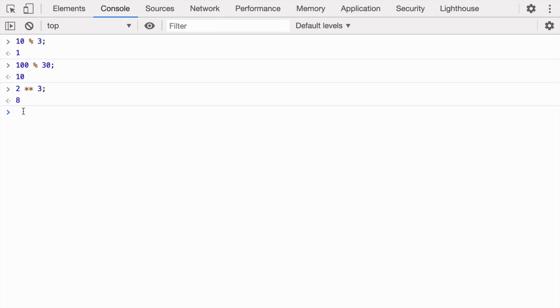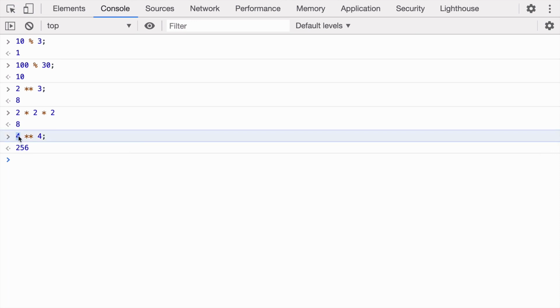So it will be something like 2 into 2 into 2. When you say something like 4 star star, that is the exponentiation operator, and pass 4, it means that you are multiplying 4 by itself 4 times. Something like 4 into 4 into 4 into 4. And it will give us the same value.